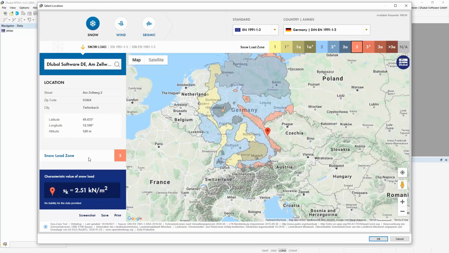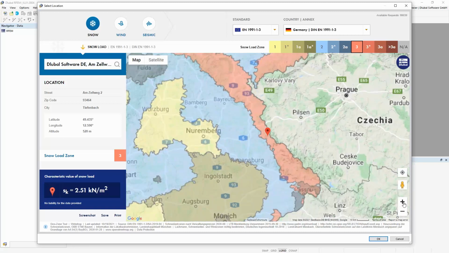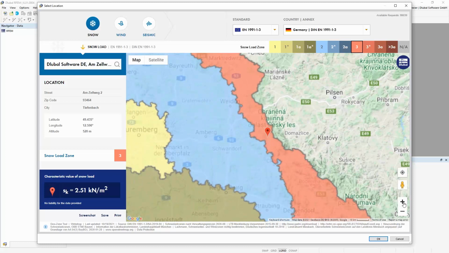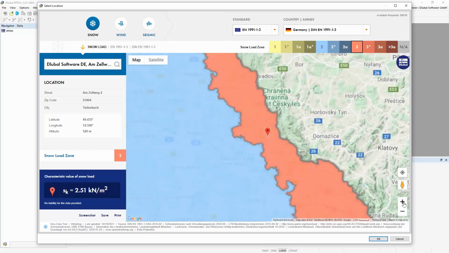I get here altitude, longitude, geo coordinates, and now I can zoom in and can place it exactly where it's built. So we can zoom into the map like in a regular Google Maps application also.